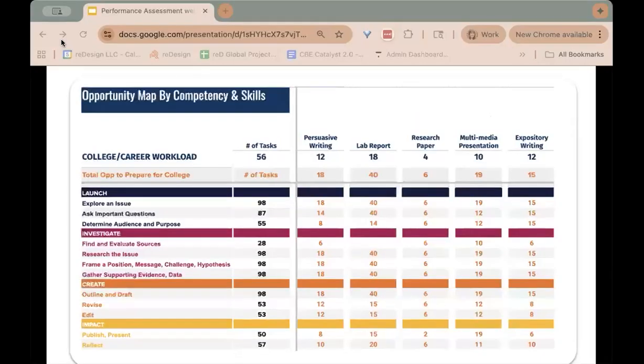The next step of all this is to map all of these to a creative process. Here's our creative pathway, but you may have a design cycle that you use or something you prefer. And then this is the mapping of the thinking blocks, so that you can begin seeing how many different opportunities they will have to practice each thinking block. The next one, which we don't have a slide on, but which we often do with people, is then each one of these gets mapped to competencies. And those then become the ways that you can keep track of how the young people are demonstrating and developing their competency.